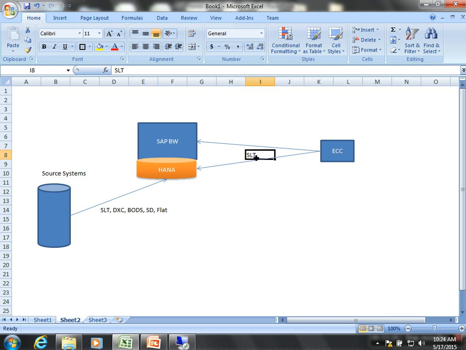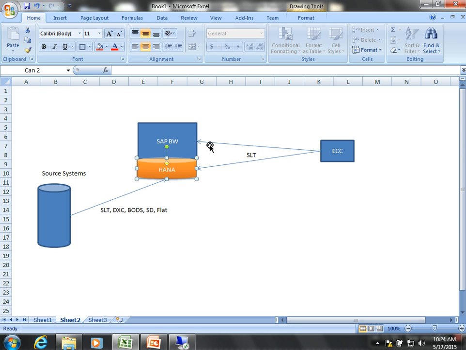Say now you got BW 7.3 and you got HANA as a backend, and then you can leverage SLT. SLT server is like a middleware server which can connect any source to any target. With that flexibility, I can use SLT server as a middleware where I connect ECC as a source and BW or HANA as a target. When I use the BW loading function, I don't have real time, but with SLT connecting to BW as a target, I can have real-time data in BW also.